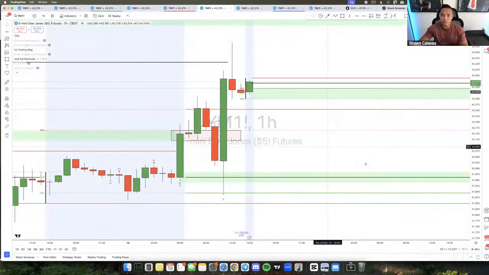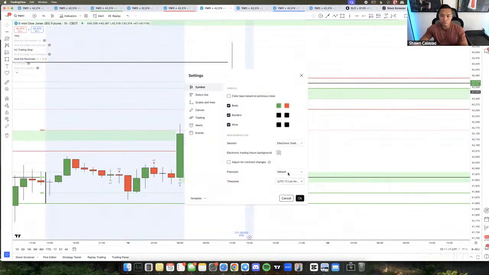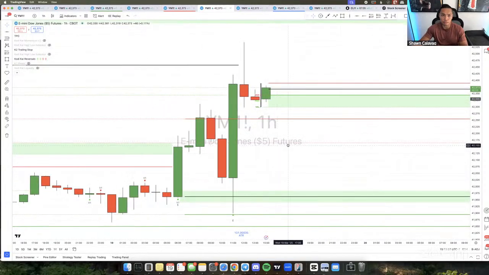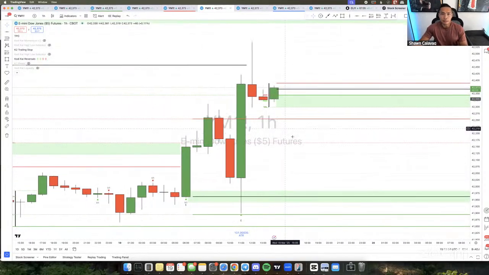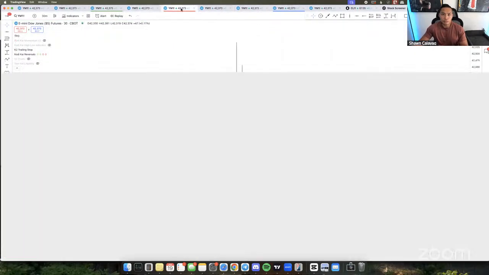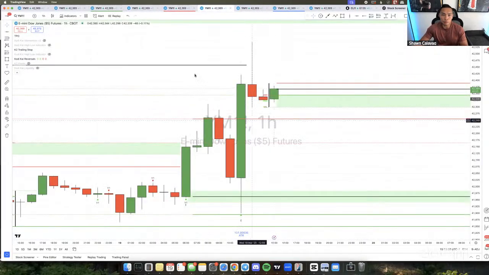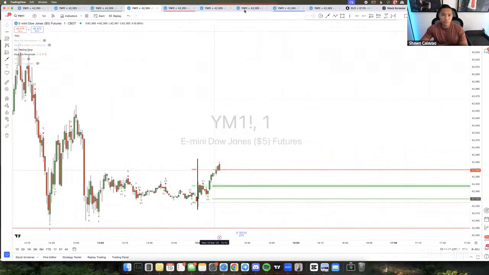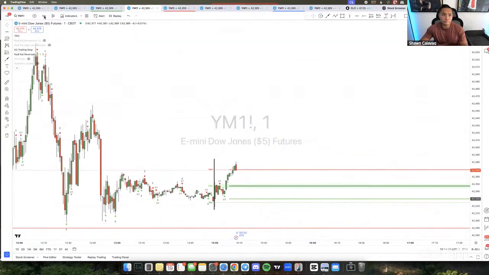This is where I identify most of my confluences. You don't need this. It's not super necessary, but if you want to have this on your own chart, you can. Otherwise, if you're on my live session, I'll identify where the rejection points are going to be. So again, I have 3 different time frames: the 1 minute, 30-minute, and 1 hour. To set this up on your chart, you're going to go over to your indicators.